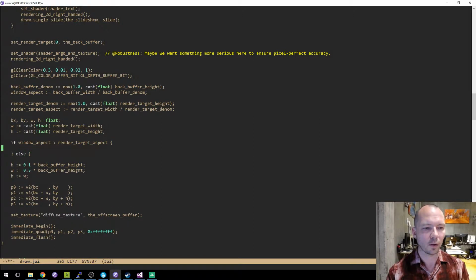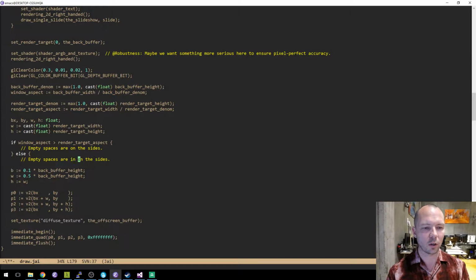Otherwise, empty spaces are in the top and bottom margins.